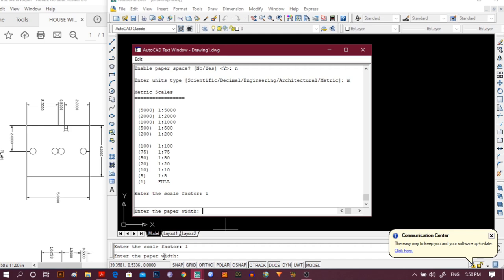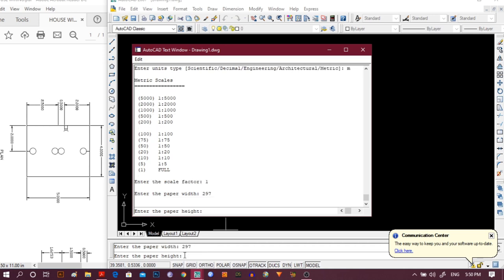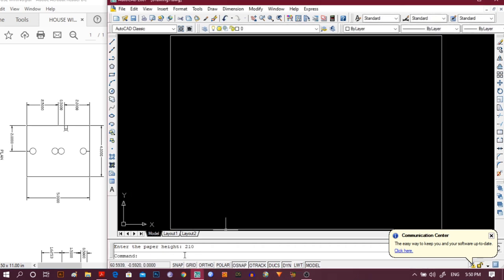As I am going to draw this picture in landscape mode, our width should be maximum 297 and the height of the paper should be 210. So the page is already set.